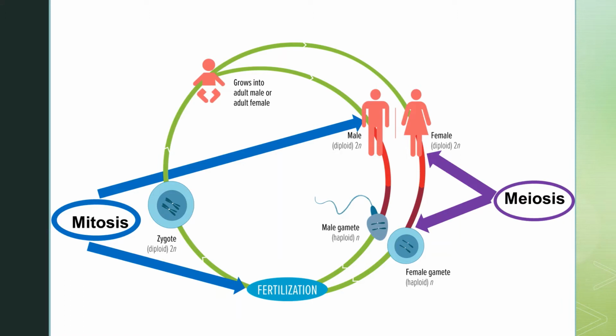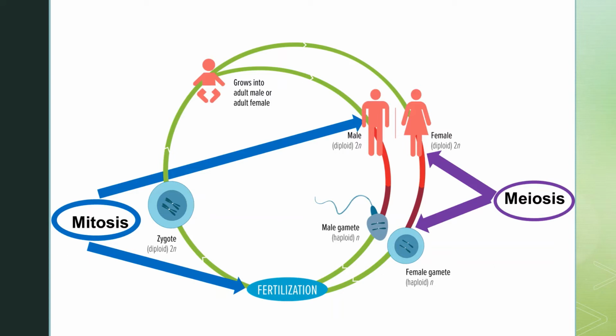Here is kind of a cyclic graph showing when mitosis and meiosis would occur. So starting at fertilization at the bottom, you have a zygote, or a cell with full amount of genetic information, dividing, developing as a fetus. Then that fetus is born as a baby. Then that baby grows up into either an adult male or adult female. And then once basically they're of sexual maturity,